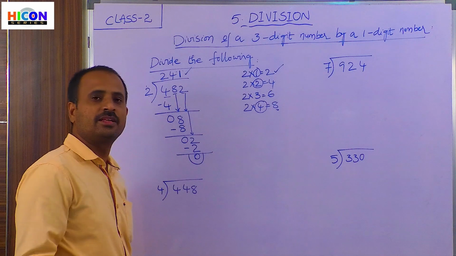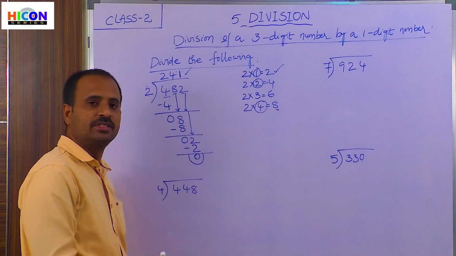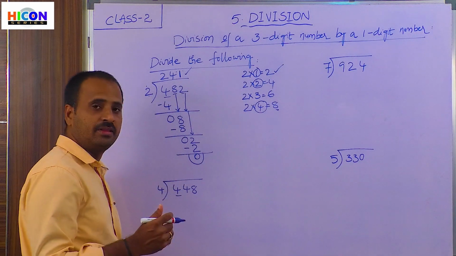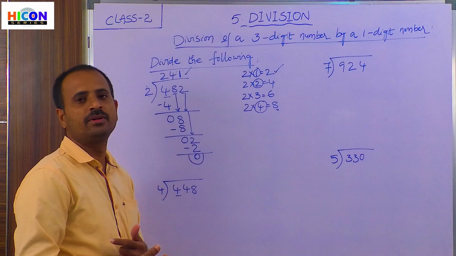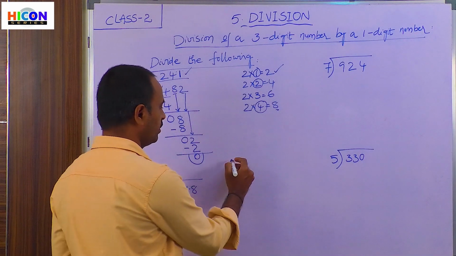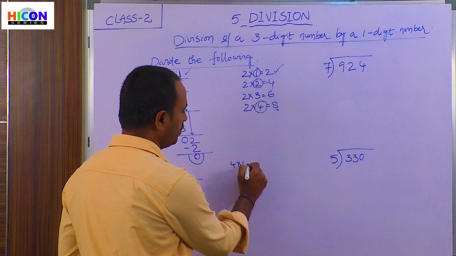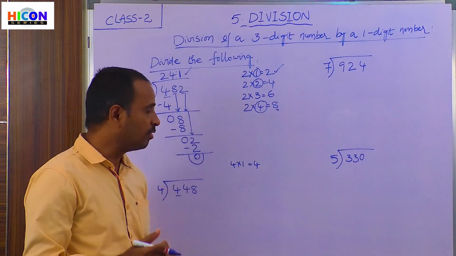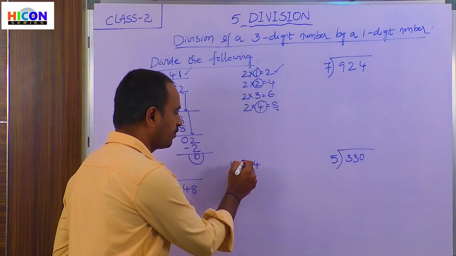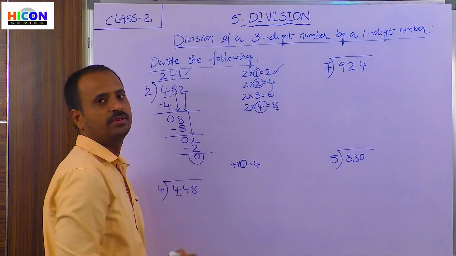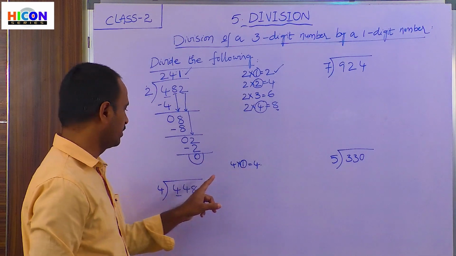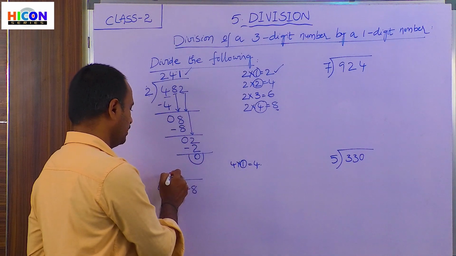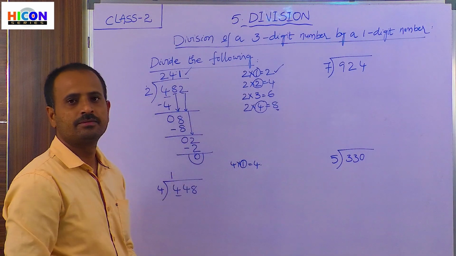So now let us take the first digit in the dividend. What is the first digit here? 4 is the first digit. Let us find when did the number 4 come in the fourth table. So let us recall the fourth table. 4 ones are 4. Yes, we have got the number 4 in the fourth table. How many times do you have to take? We have to take 1 time to get 4 in the fourth table. Write this 1 in the quotient above the dividend.